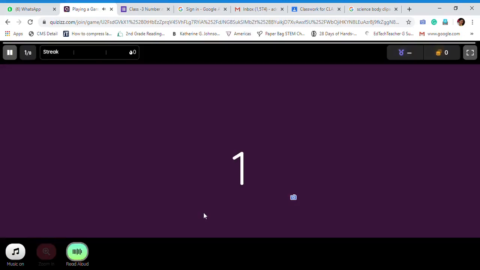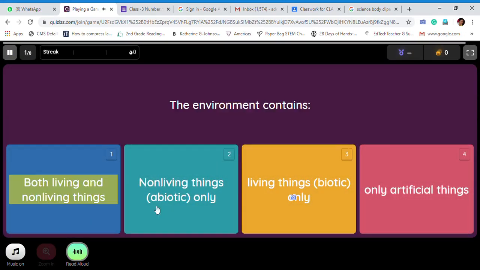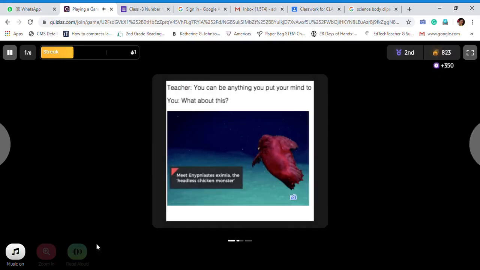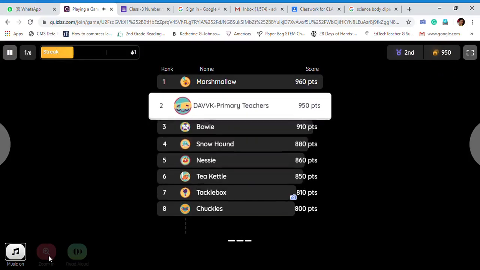Question: the environment contains Option 1, both living and non-living things. Option 2, non-living things, abiotic, only. Option 3, living things, biotic, only. Click on the right option, this way you can proceed. It will show you the music on off option, zoom in, zoom out.